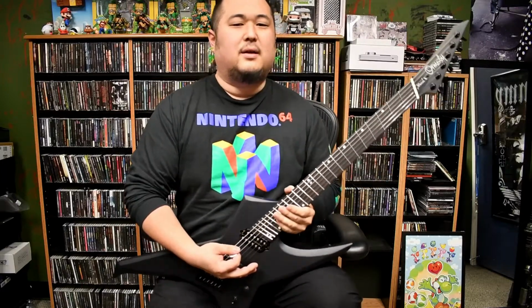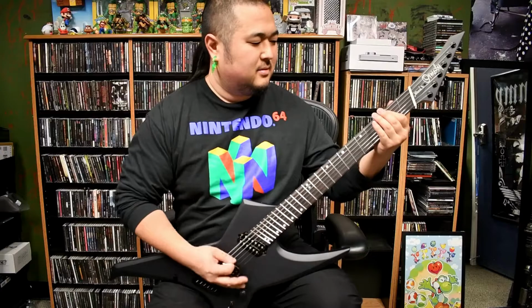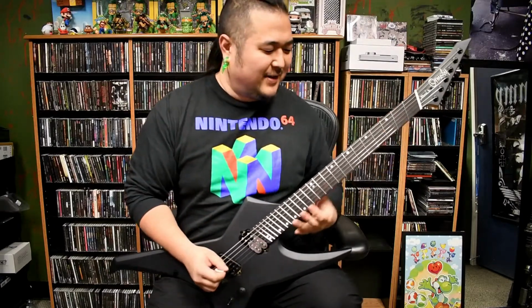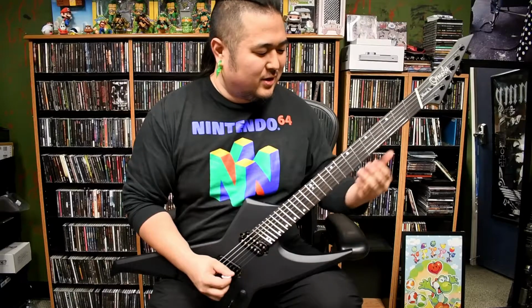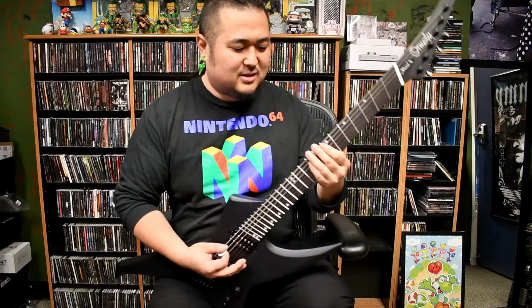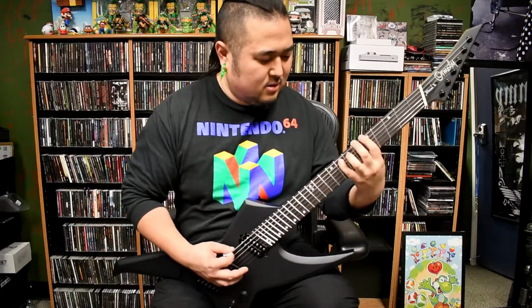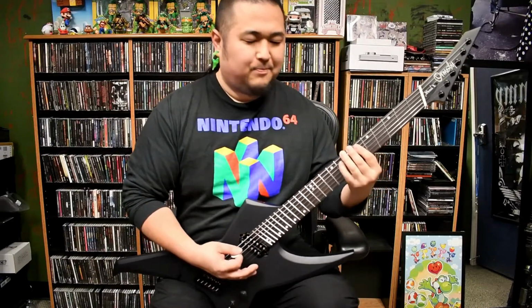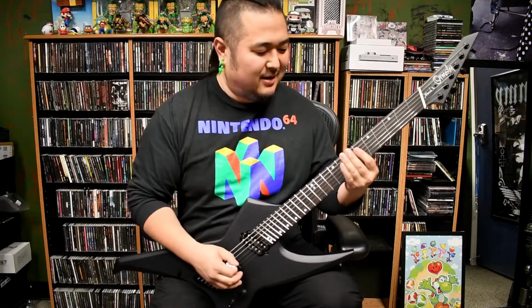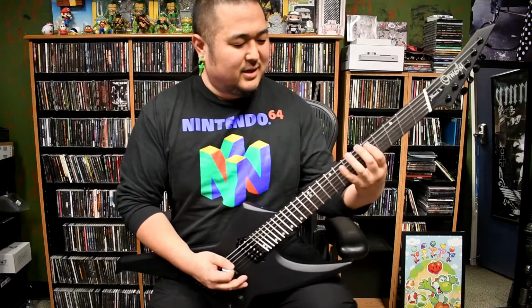Alright, so what's going on here is we got heavy palm muting, slight bit of a phaser effect on some of those chords. So hitting your root right there at the 7th fret. It's a combination of notes. It doesn't really matter trying to identify a key, but the riff broken down is,